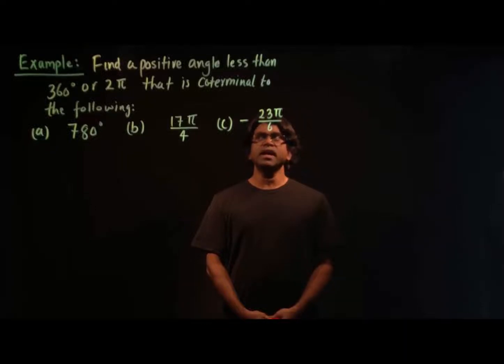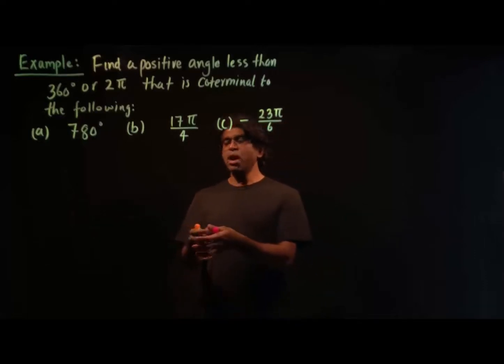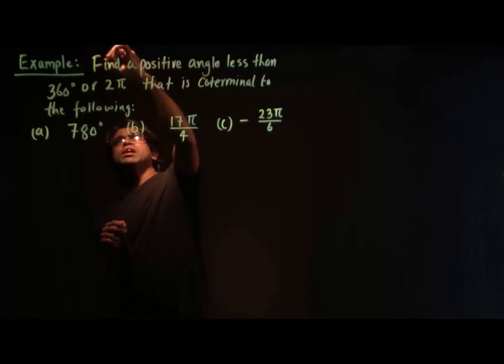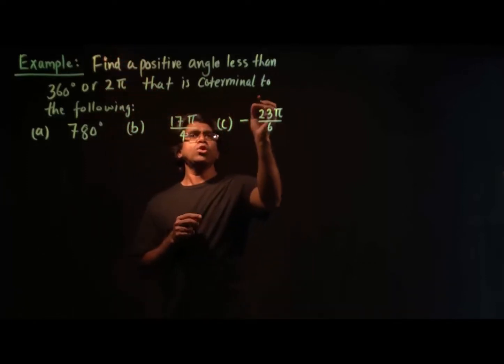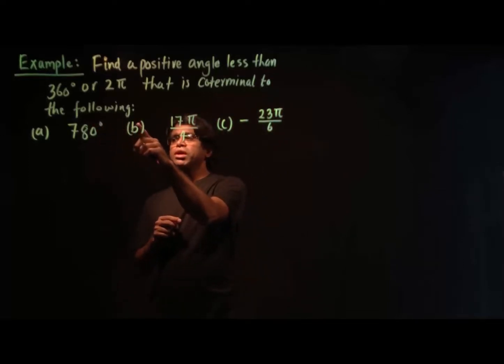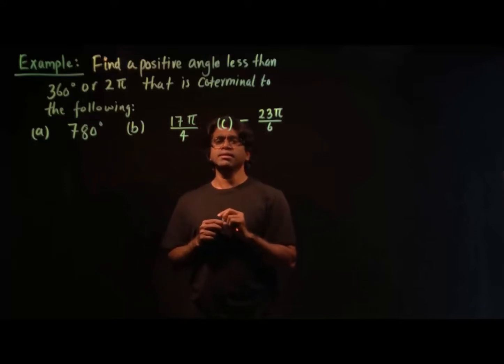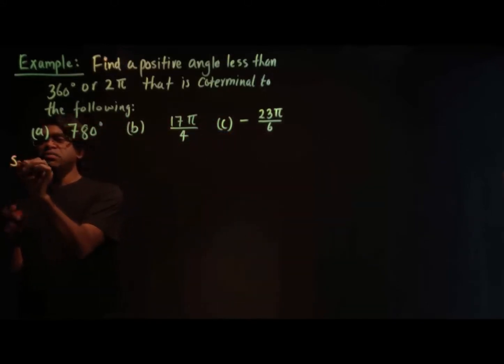Let's consider an example of coterminal angles. Our example is: find the positive angle less than 360 degrees or 2 pi that is coterminal to the following. I have three different parts, part A, part B and part C. Let's start with the very first part, part A, and the angle is given as